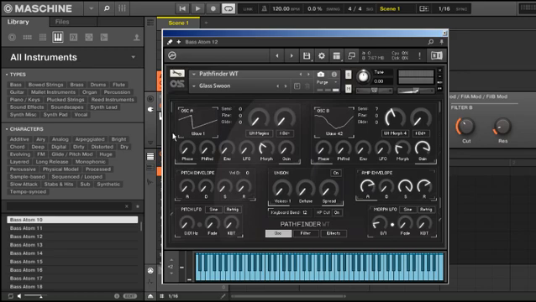So this video is just going to be me talking a little bit about the functions of this synth. If this is boring for you, then just check out all the sound examples and everything else on our website. So let's go. As I mentioned in the beginning of this video, this is a wavetable synth